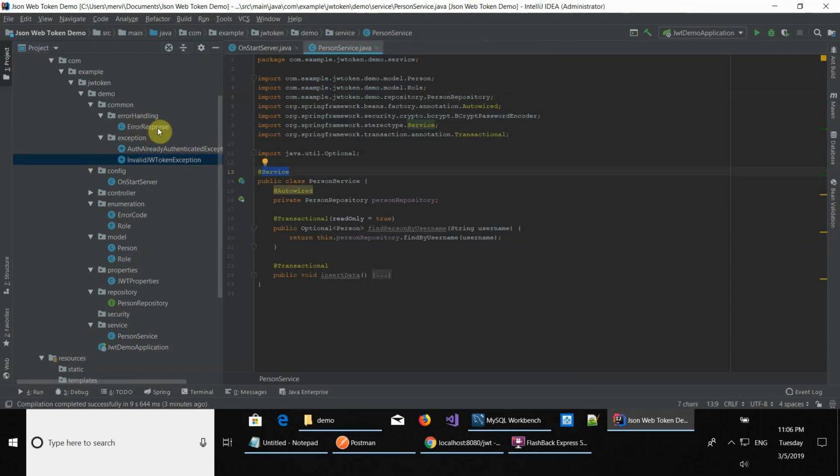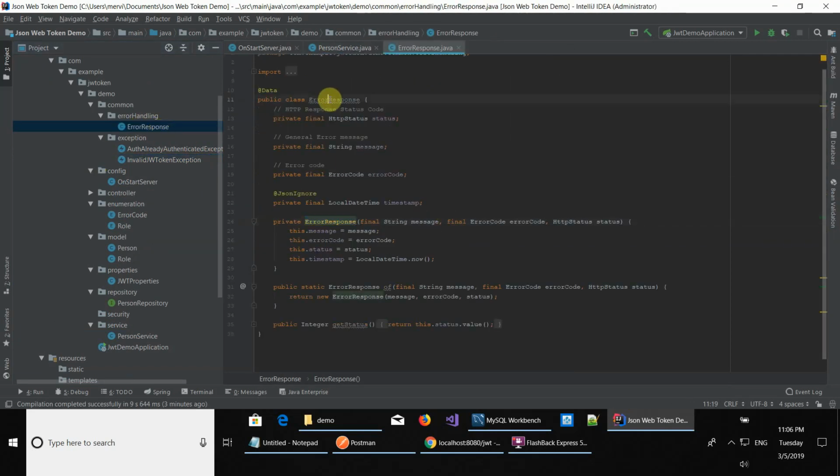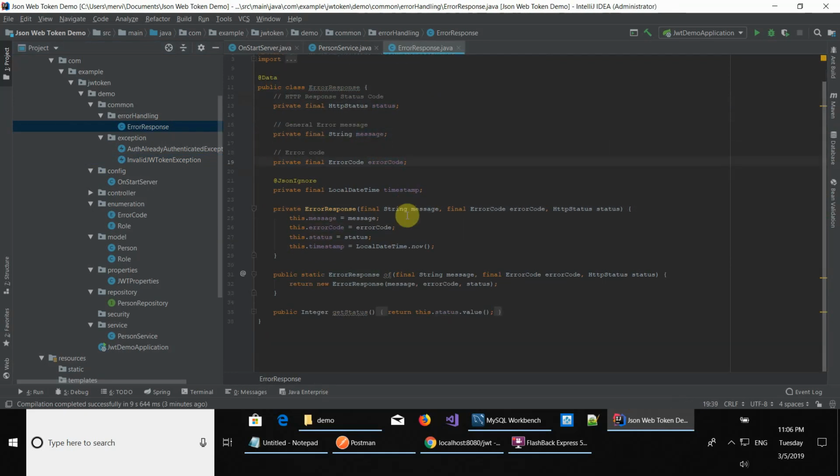Okay, here there are also classes that I made to make it easier, because when we're going to be giving an error, we're going to be giving a JSON response back. So this class is just to hold all the data that's going to be returned as a JSON object. You have the status, you have the message, and you have the error code for the user. Actually, the timestamp is not important right now, but maybe later on you can use it to log errors, at what time they occurred, etc. Okay,